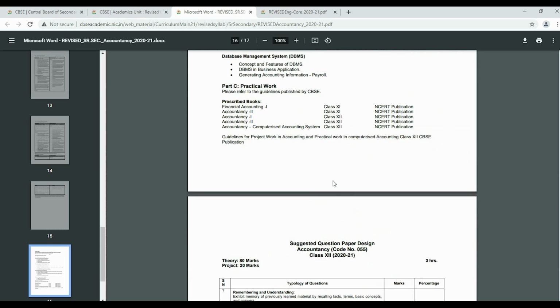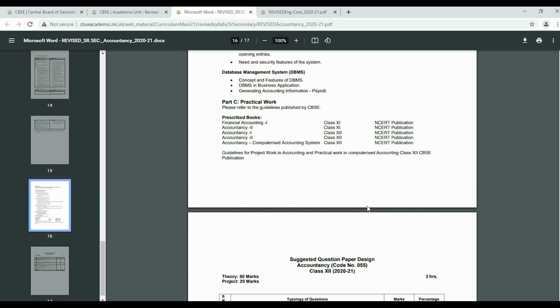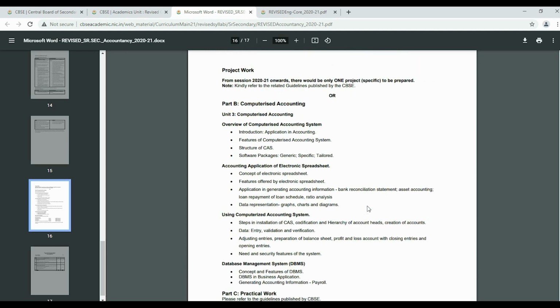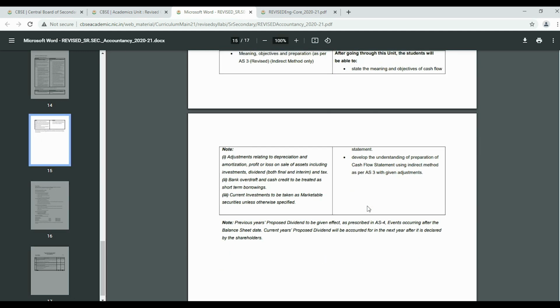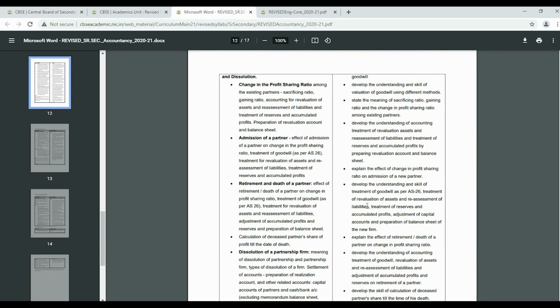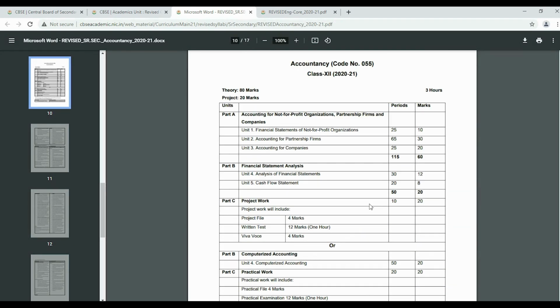Go through it and understand these types of questions would be of 44 marks, this would be of 19, 17, just go through it. So my point is, once you understand the blueprint of the question paper, you will find yourself more confident. And if you are a teacher, you prepare your pre-board or preparatory exams on the basis of these question papers, so that it gives a fair idea to the students how to attempt the final examination. So make maximum use of this tab.